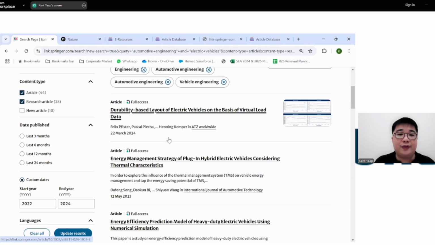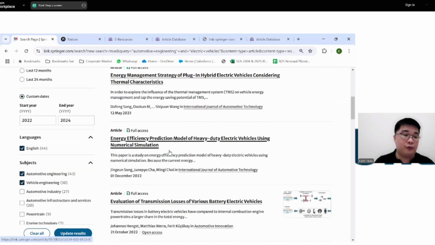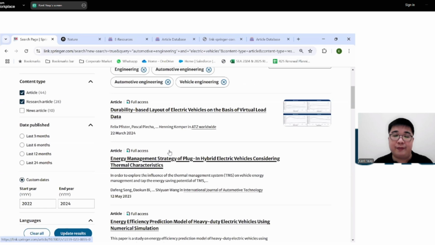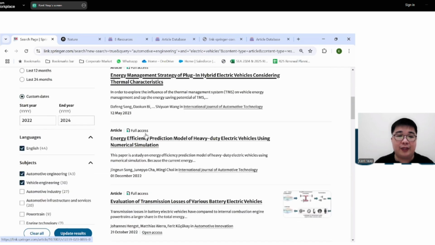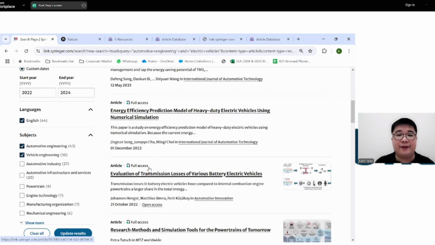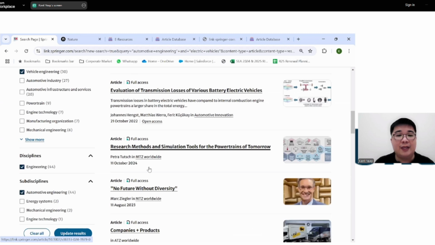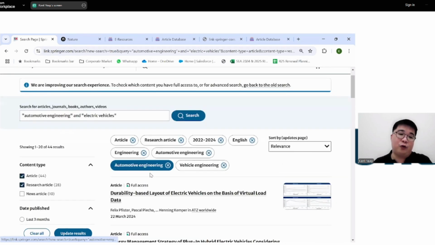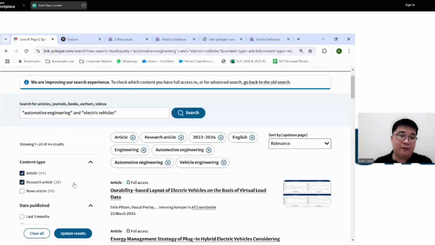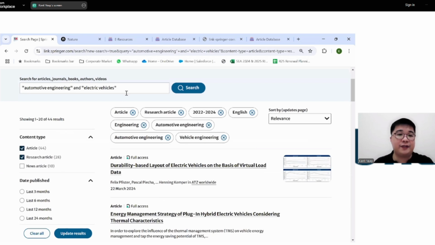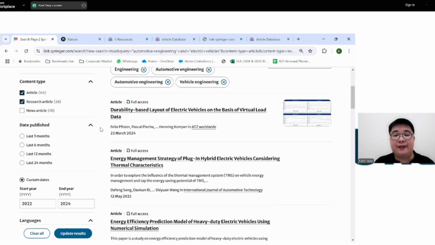So what we can do is, let's say after you've looked through your results and you're quite happy with this, I think one good practice is to just quickly run through the titles of the articles and see whether or not they are relevant to you. If not, then go back one step, change your filters, or further augment your keyword searches to refine them further to finally get what you want, right?